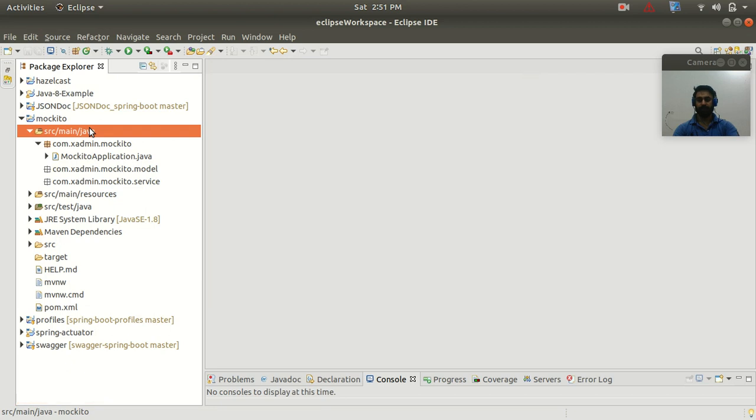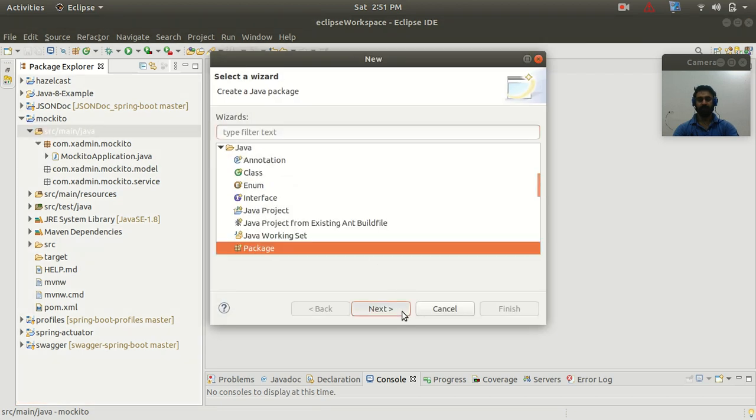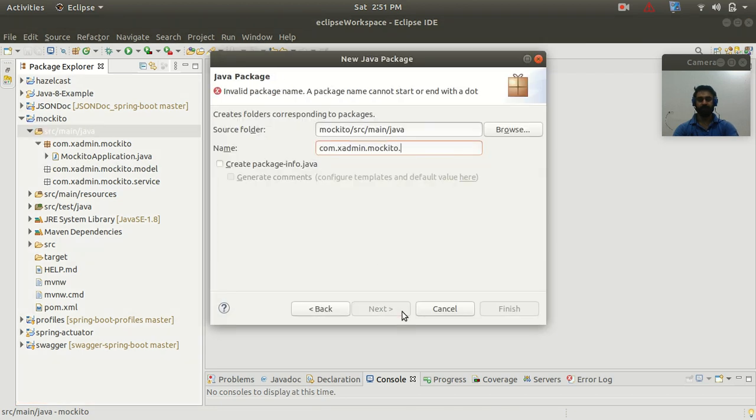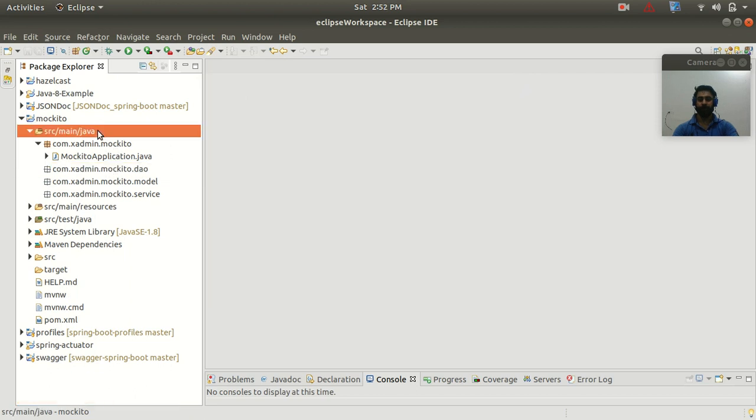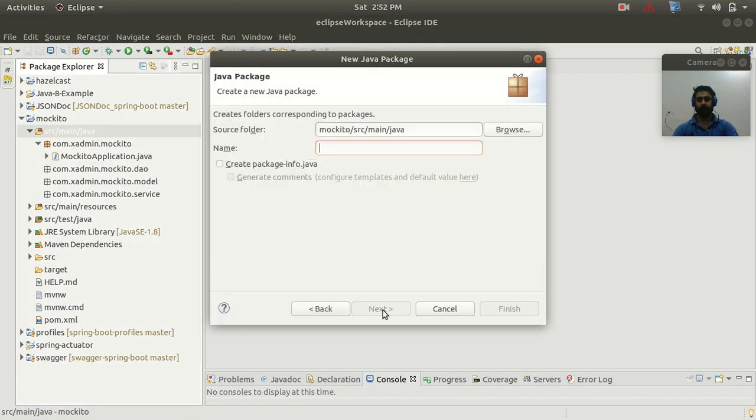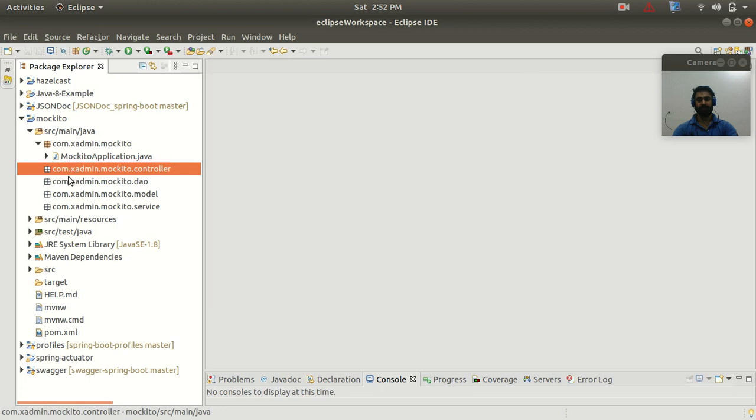Let's add one more package, the DAO package, and here we are going to create our repository classes. So now let's add one more package, the controller package. So here we are going to create our REST controllers.